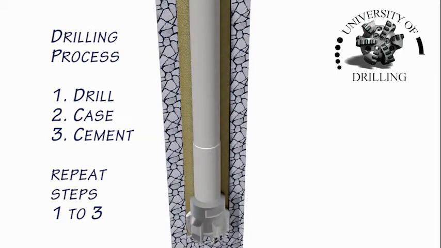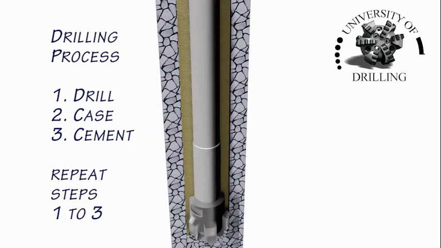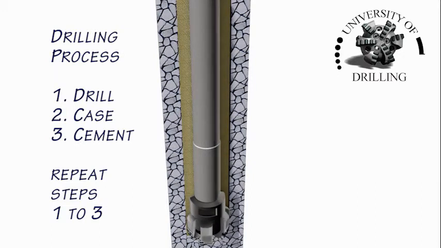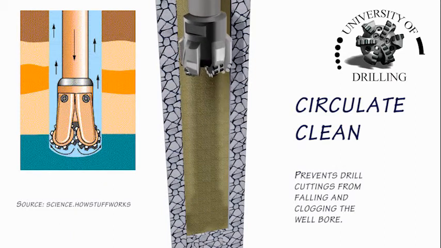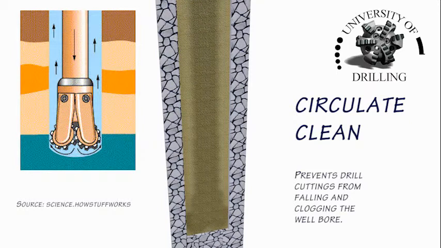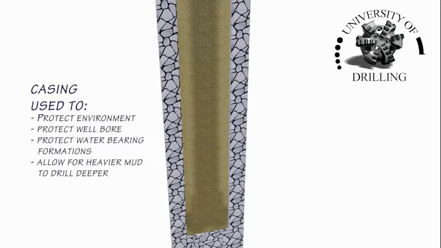Carrying out the three basic steps, drilling, casing, and cementing, separates the well into whole sections of differing diameter. When the total depth, or TD, for the whole section is reached, the drill string is rotated in place, and the mud is circulated to clean all the remaining drill cuttings from the well. Once the drill cuttings are carried from the hole by the thick mud, the hydrostatic fluid column of heavy mud